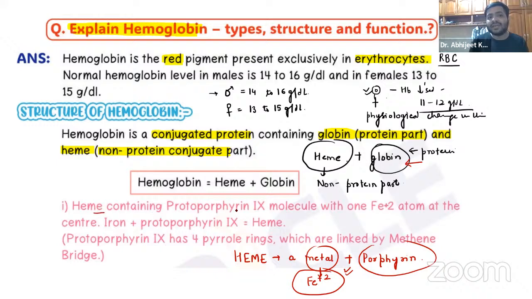So heme contains a protoporphyrin 9 molecule, right? With one ferrous atom at the center. Okay, so that is porphyrin or protoporphyrin 9. That is combinedly called as the